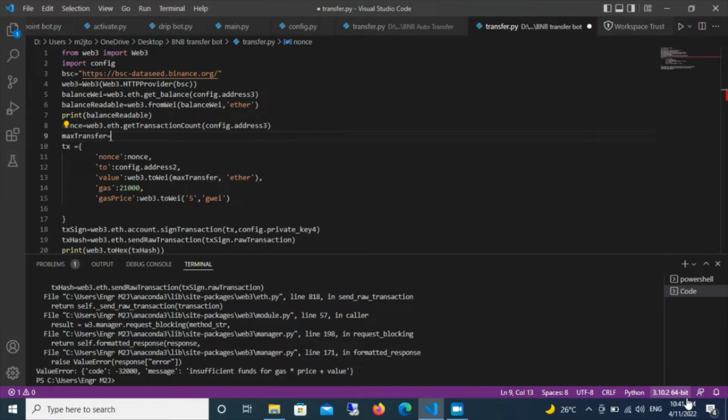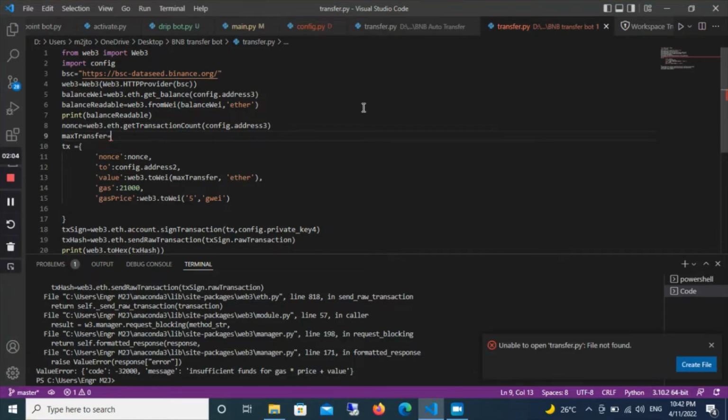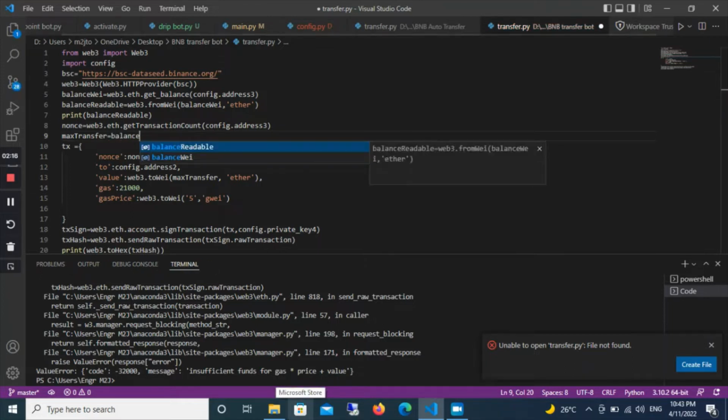Our mass transfer will be equal to, this is our balance, this is where we have balance readable. So our mass transfer will be equal to balance readable minus,